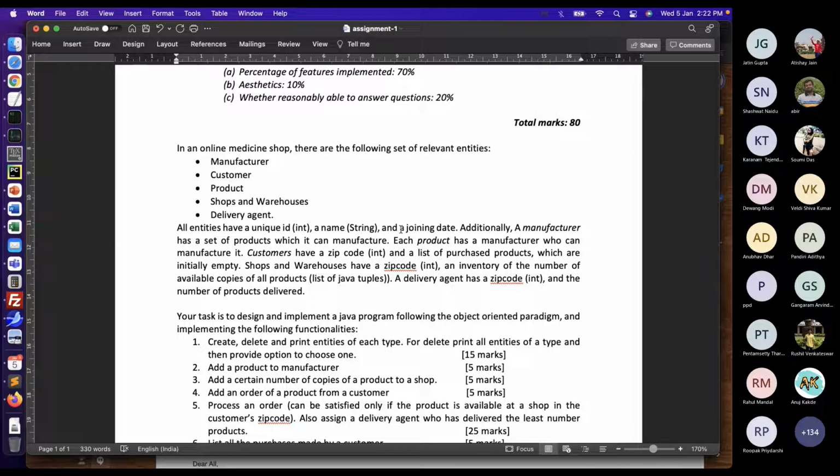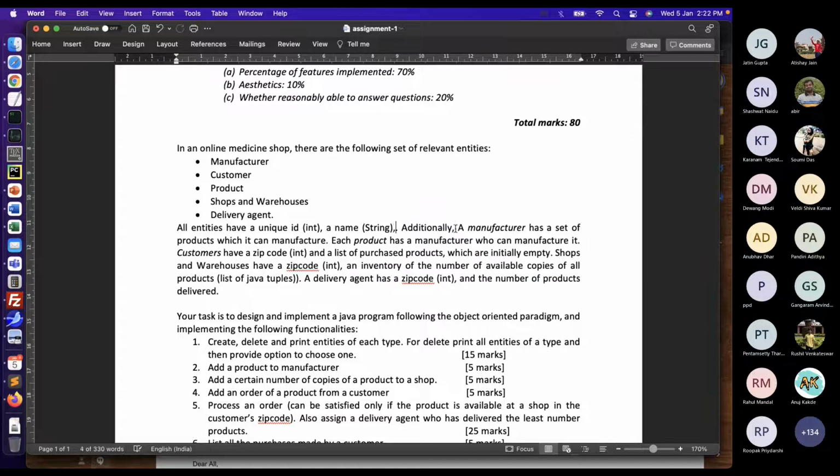Okay, actually this joining date is not relevant, so you should have only these. Each entity has a unique ID and a name, which is a string. Now this is common to all entities. Additionally,